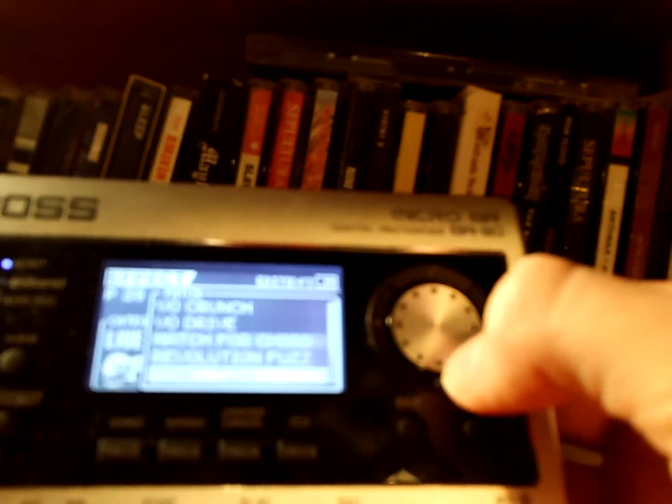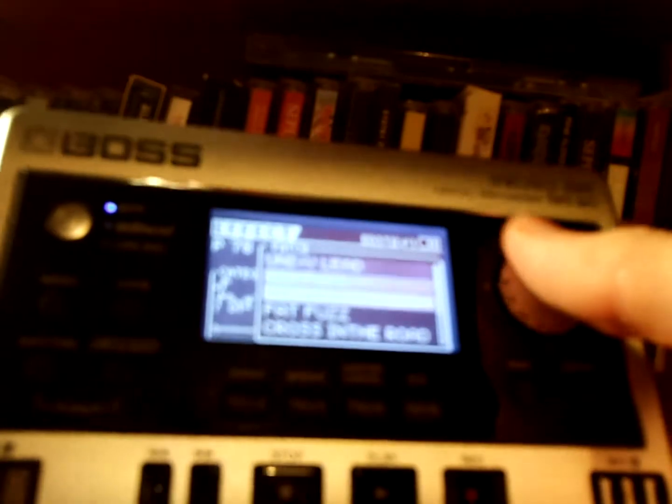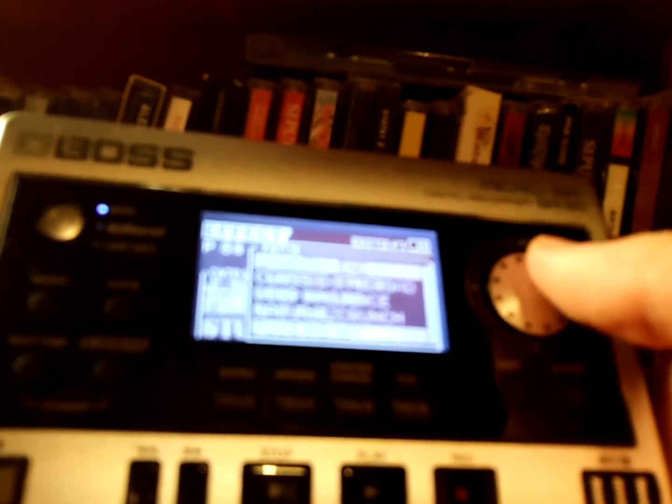It sounds really cool. So there's all these different settings. I'm not gonna lie, when playing guitar through it doesn't really sound that great. I mean, it's a modelling unit, it's digital, it's not gonna sound brilliant, but